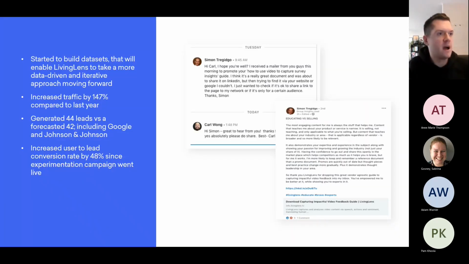And then here's just an overview of some of the results and some of the social engagement that came off the back of it. So we were able to build data subsets. We were able to take a much more data-driven approach by being really, really persona-led. We increased web traffic. We generated some really good leads to some really, really good target companies. Google and Johnson & Johnson, I think they were in the top 100, or maybe the top 50, wish list in terms of ideal customers.